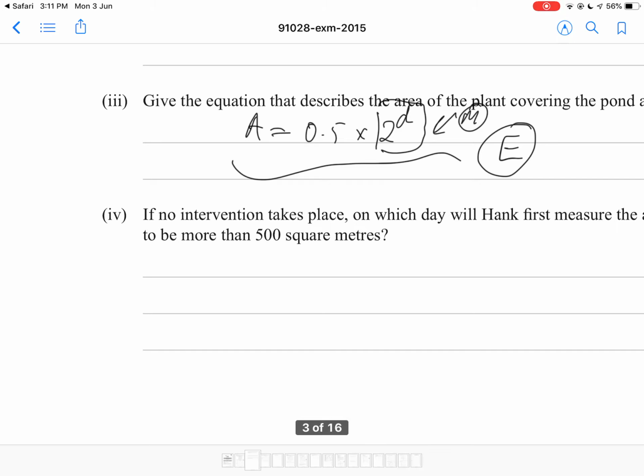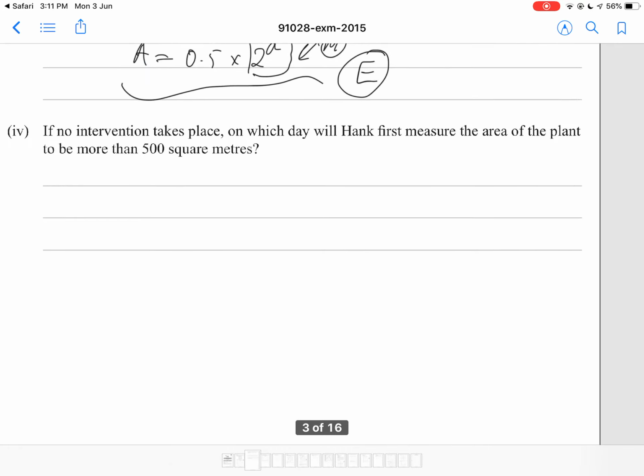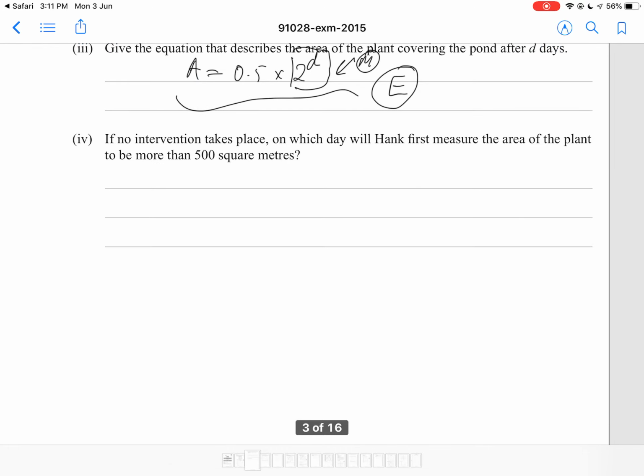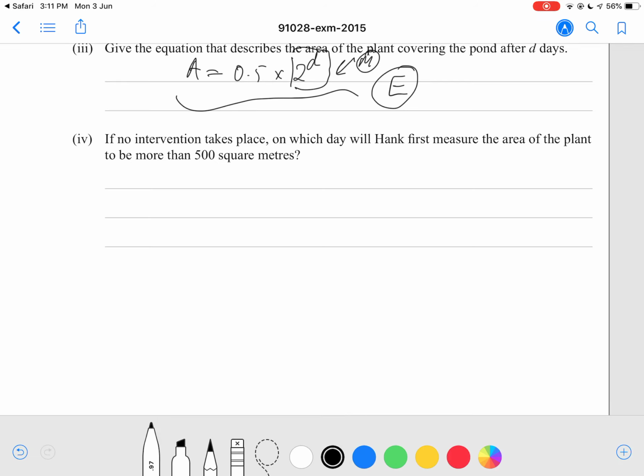Alright, next question. If no intervention takes place, on which day will Hank first measure the area of the plant to be more than 500 square meters? So basically we're going to substitute 500 into the equation. We're going to say 500 equals 0.5 times 2 to the power of d. So therefore 250 equals 2 to the power of d. So therefore,